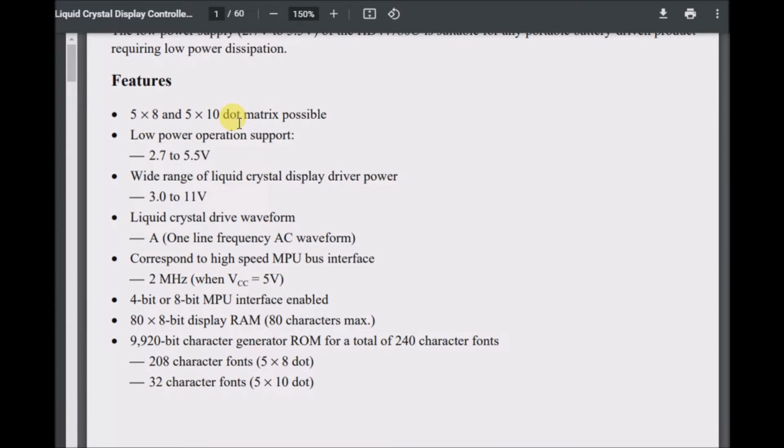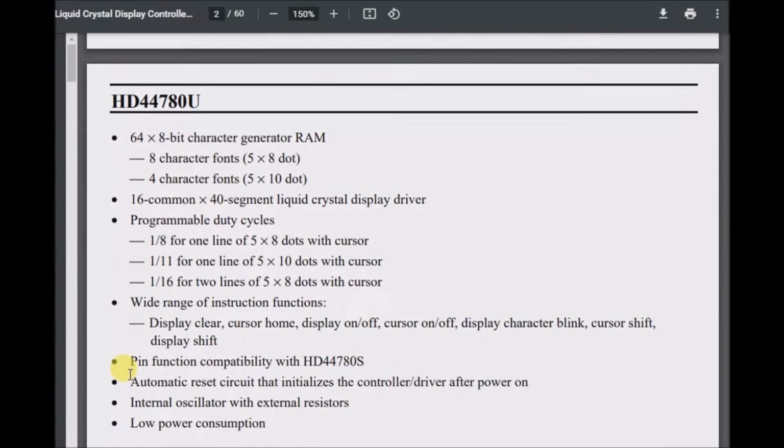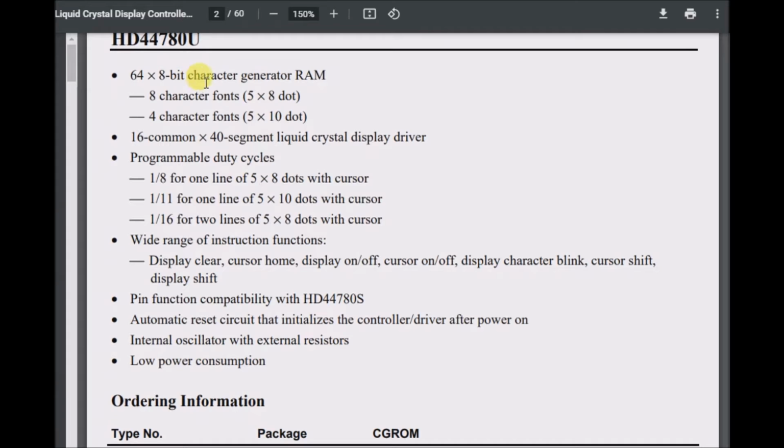5x8 and 5x10 dot matrix possible, low power operation support, 2.7 to 5.5 volts, wide range of liquid crystal display driver power, 3 to 11 volts, liquid crystal driver waveform A, one-line frequency AC waveform, correspond to high-speed MPU bus interface, 2 MHz when VCC equals 5 volts, 4-bit or 8-bit MPU interface enabled, 80 by 8-bit display RAM, 80 characters max, 9920-bit character generator ROM for a total of 240 character fonts, 208 character fonts 5x8 dot, 32 character fonts 5x10 dot, 64 by 8-bit character generator RAM, 8 character fonts 5x8 dot, 4 character fonts 5x10 dot,